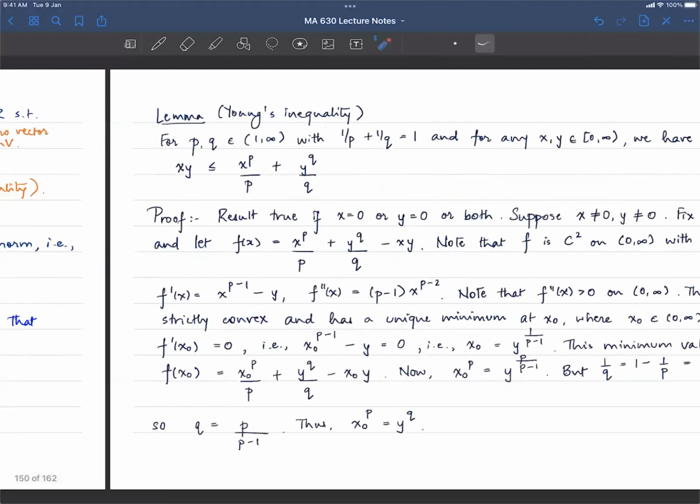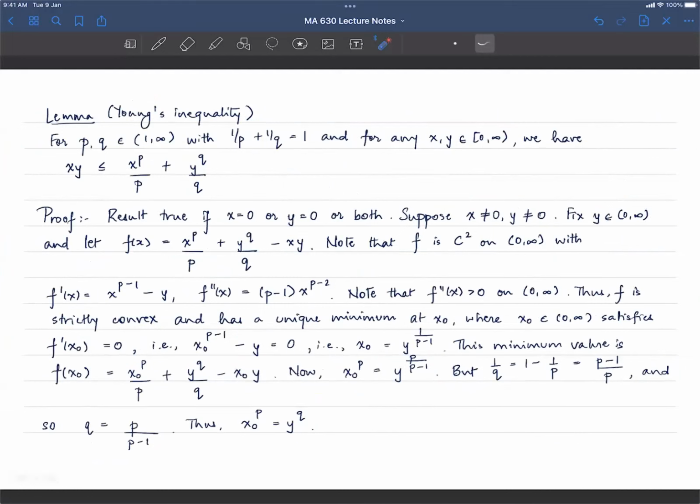Okay, so now the next thing I'm going to do is look at this lemma. This is called Young's inequality. As you know, I have occasionally been writing things out deliberately in class, because that gives us a little more time to think about it. But in the interest of time, I'm just going to leave this as is, and I'll leave it to you to read.